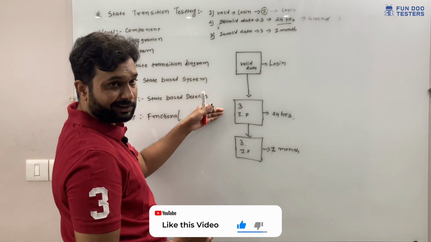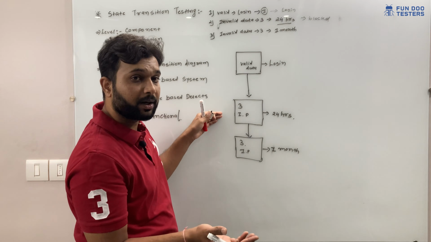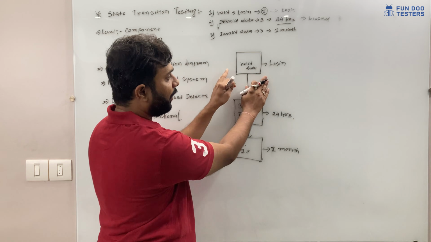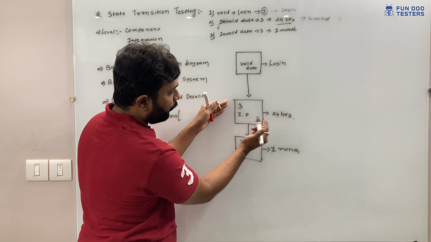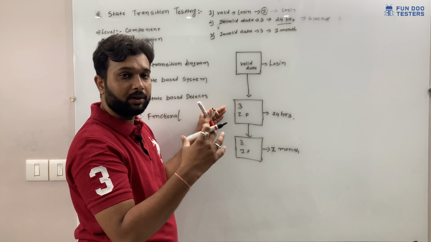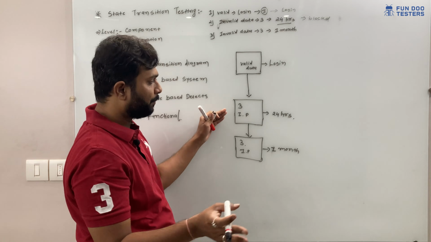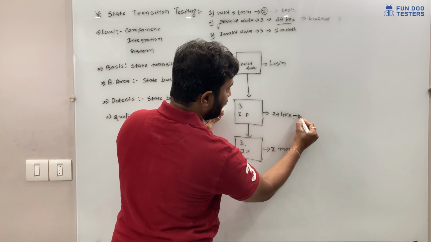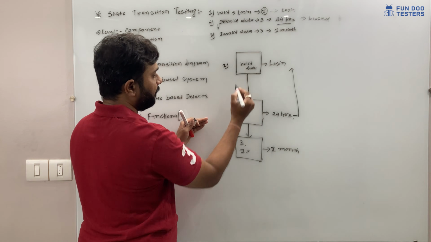So application works like this. Now how can we go back to the previous state or valid state? After 12 hours, if I enter a valid password, if I remember somehow this is my valid username and this is my valid password, then the application will again go back into the first state.